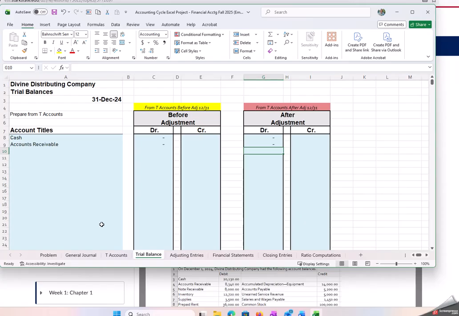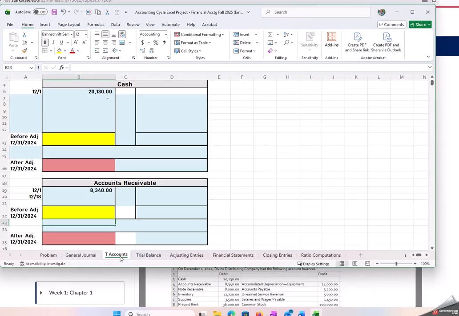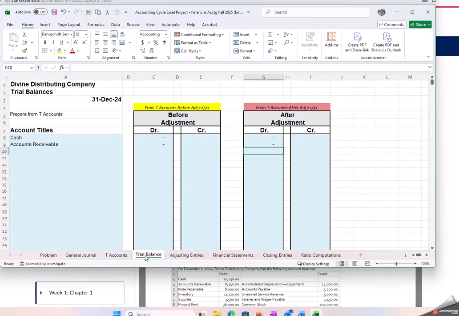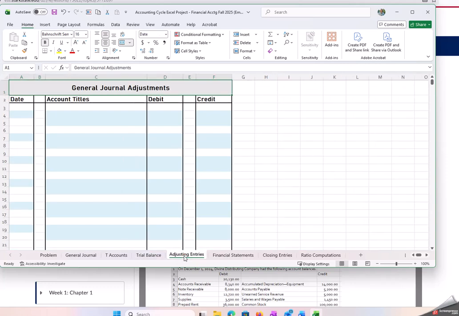You could even, to be honest, do that ahead of time, because then as you fill in your T accounts, it's going to populate right in. So that's going to teach you how to move around between tabs in Excel, how to put in a formula, how to link one tab to the other tab, which is very useful. Okay, so then you could set that trial balance up, then move to your adjusting entries,